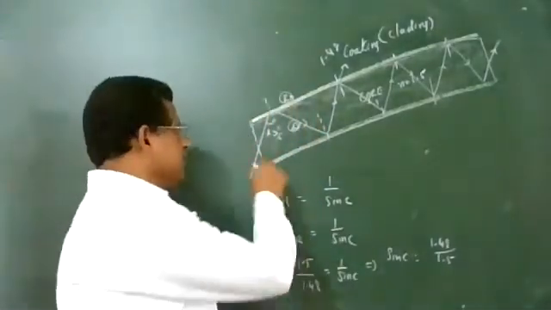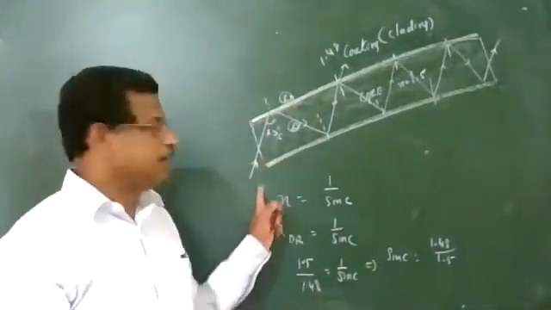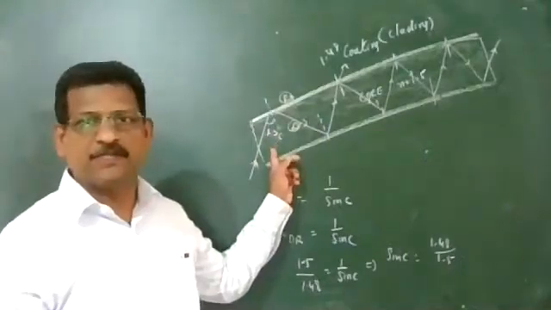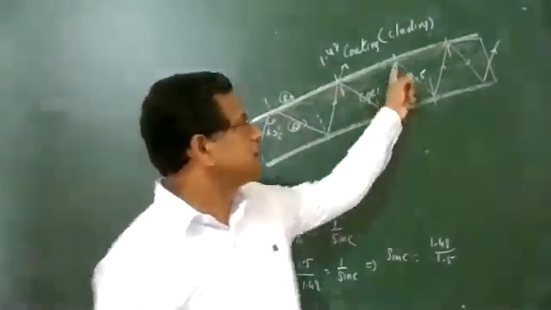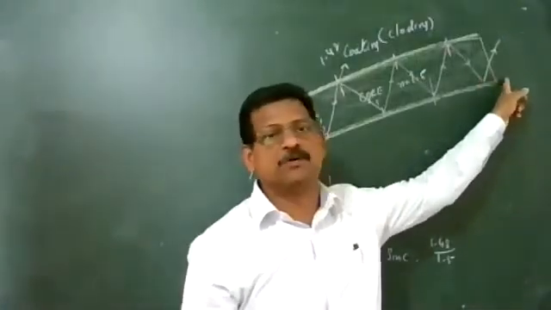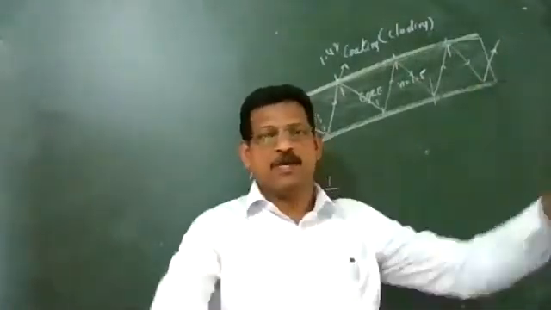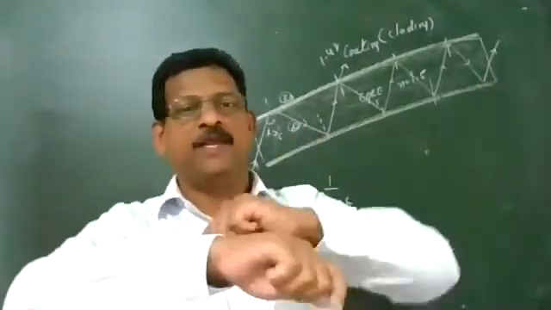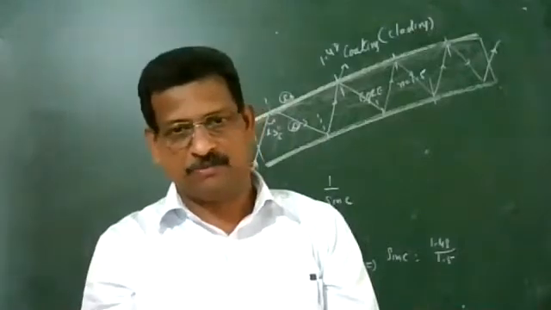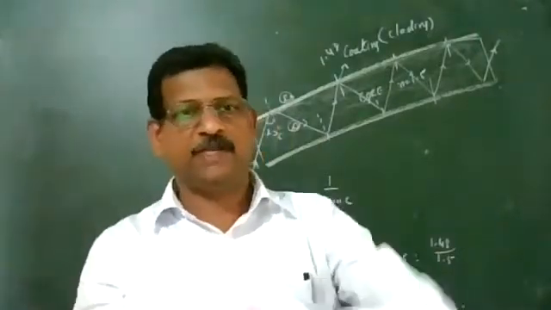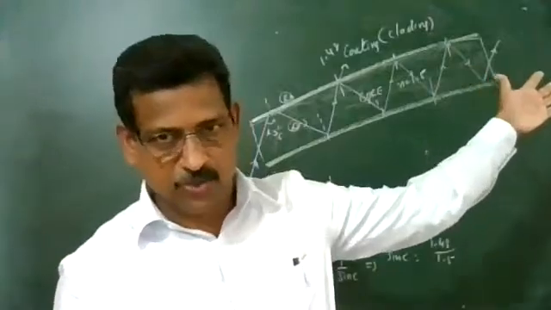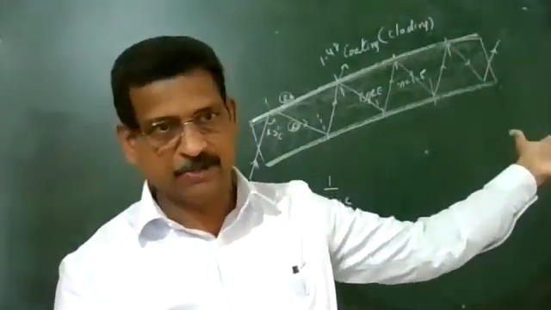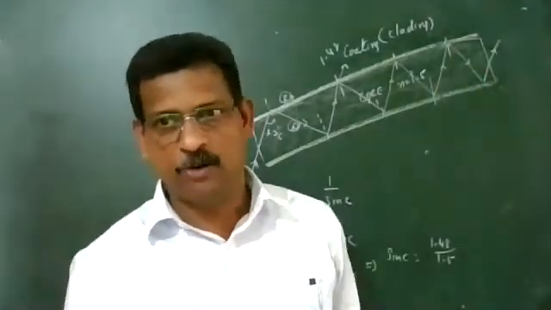So light is entering from one side. When it reaches here, this angle of incidence is greater than critical angle and undergoing continuous TIR. Finally, it comes out. You can keep the fiber in any manner. You can bend it, you can twist it in any manner. The total light will be coming to that side. So the image formed is extremely clear in this case. So this is the working of optical fiber.